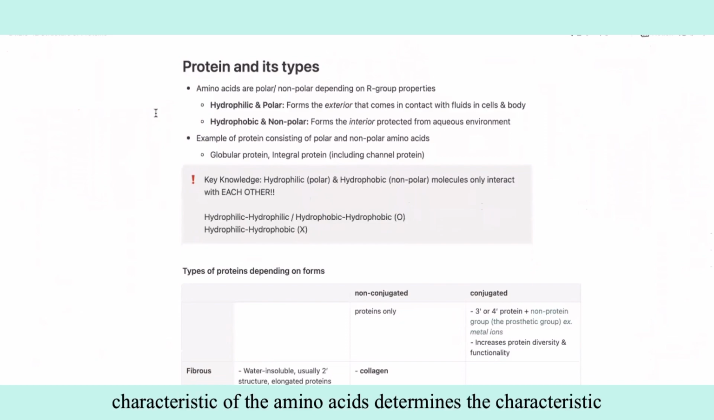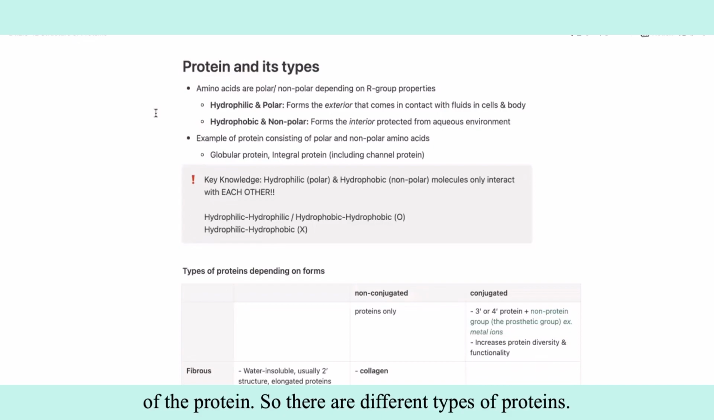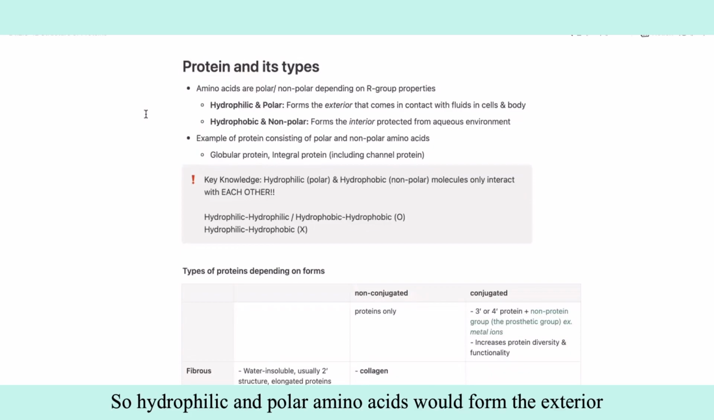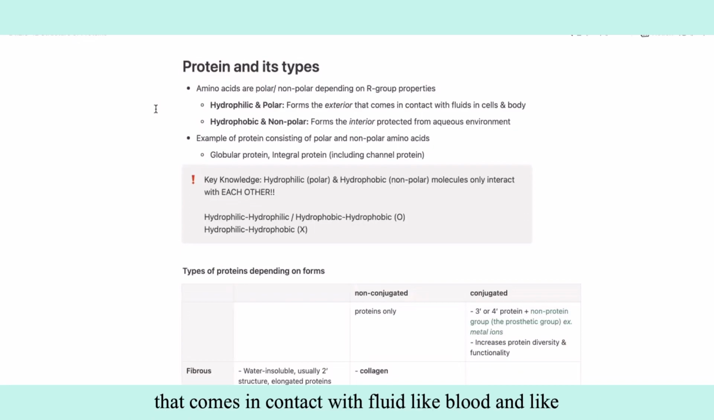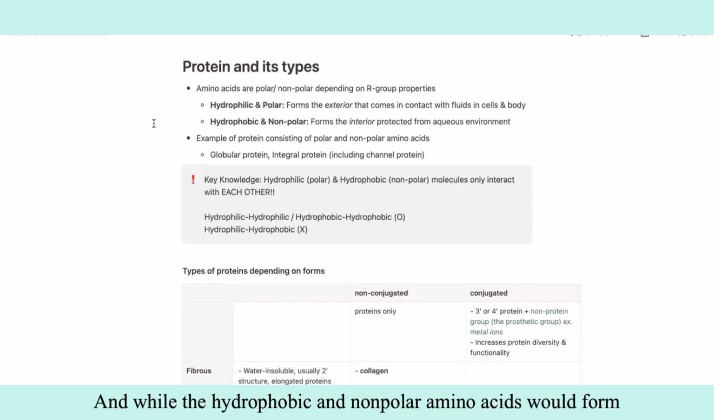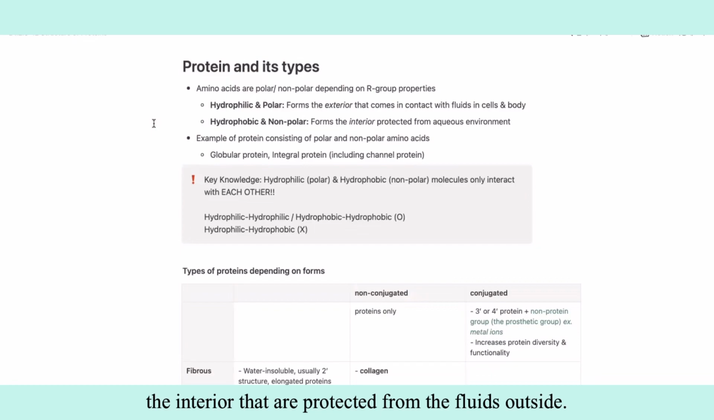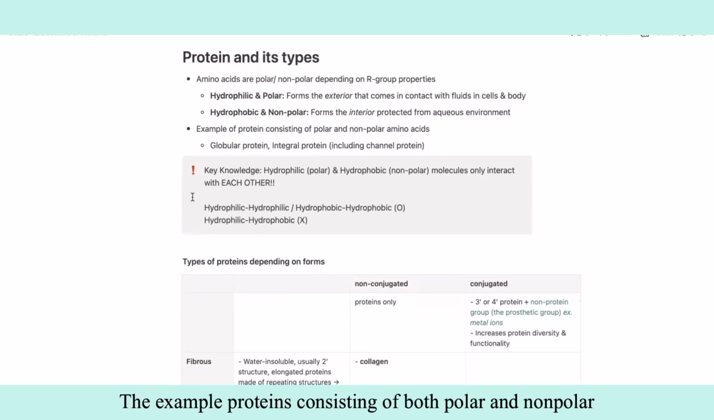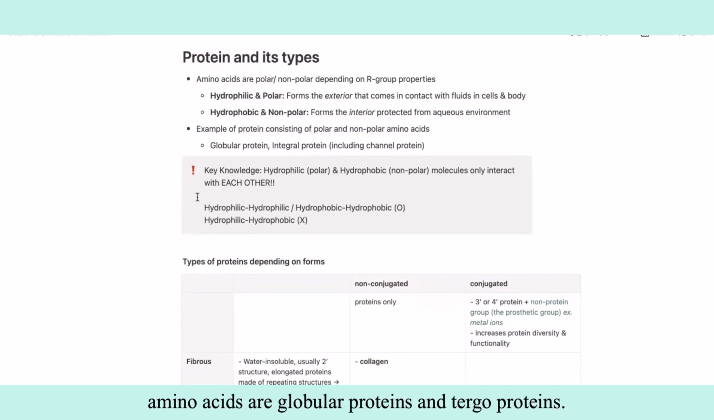Because proteins are made up of amino acids, the characteristic of the amino acids determines the characteristic of the protein. So there are different types of proteins. Hydrophilic and polar amino acids would form the exterior that comes in contact with fluid like blood and extracellular fluid, while the hydrophobic and nonpolar amino acids would form the interior that are protected from the fluids outside. The example of proteins consisting of both polar and nonpolar amino acids are globular proteins and integral